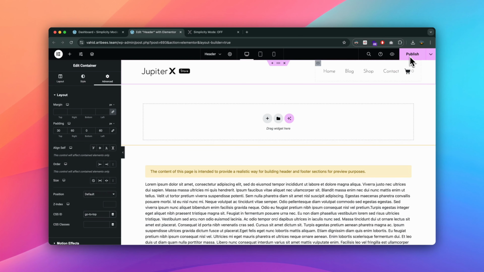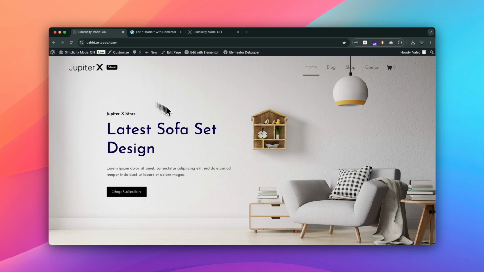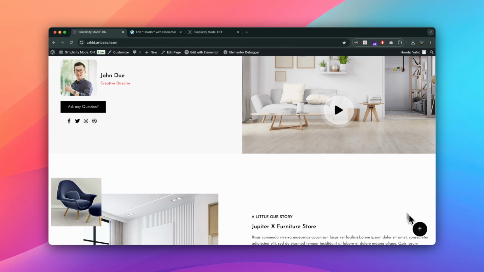Alright, now that we've got everything set up, it's time to publish these changes and see our Scroll to Top button in action. Just hit that Publish button over there. Scroll down a bit, enough to make the Scroll to Top button appear and become active. Click the Go to Top button. This should smoothly scroll us back to the top, where our anchor is placed.